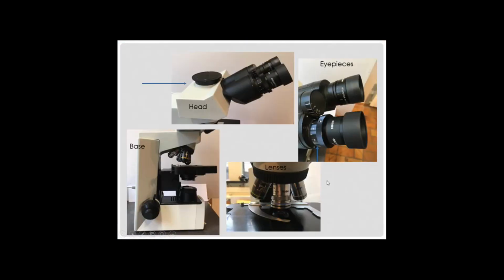So, in summary, on a microscope there is the base, which will give it stability with the fine and coarse focus knobs, which allow you to visualize the images, and here this little catch which allows you to block the focus. Then the head, which can be bi or trinocular, tilt adjustable or not. The eyepieces, which must be individually adjustable for each eye. And the lenses, 10, 20, 40 and 100 times magnification.